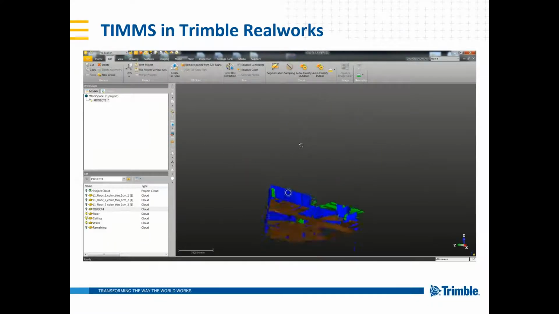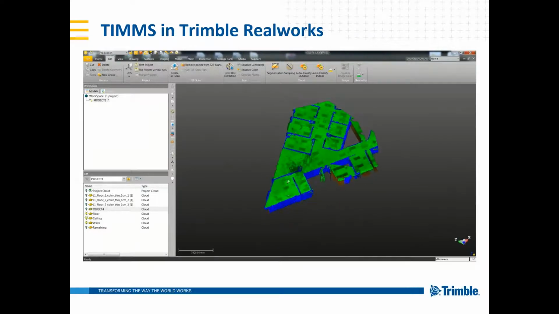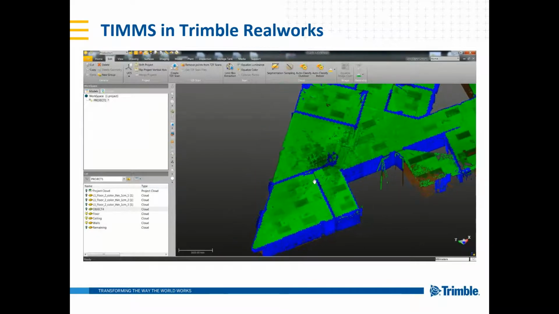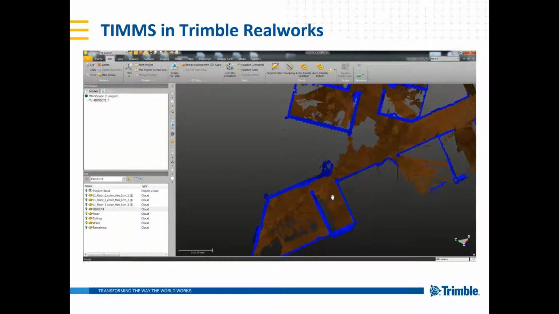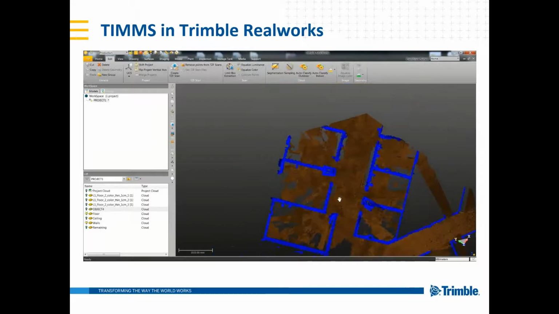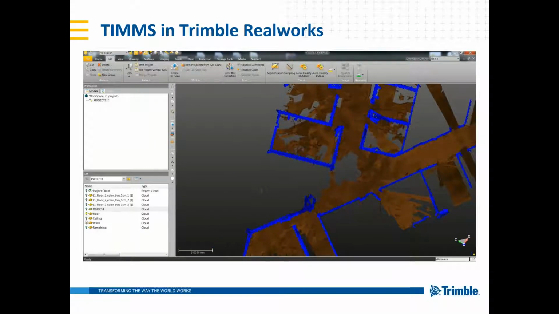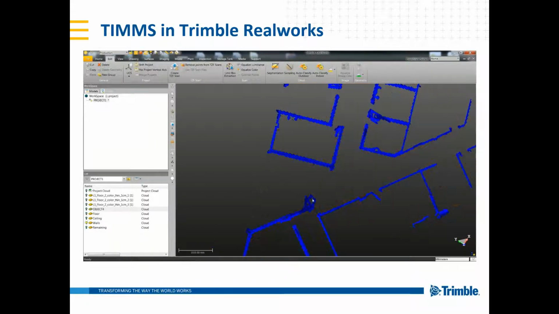So back to the video. We've kind of fast forwarded through the scroll bar. It took about 5 minutes to produce this, maybe a bit less, a couple minutes to produce it. And we can see that we've automatically classified ceilings as green, floors as brown, and the walls as blue. And it's done a pretty good job of filtering out